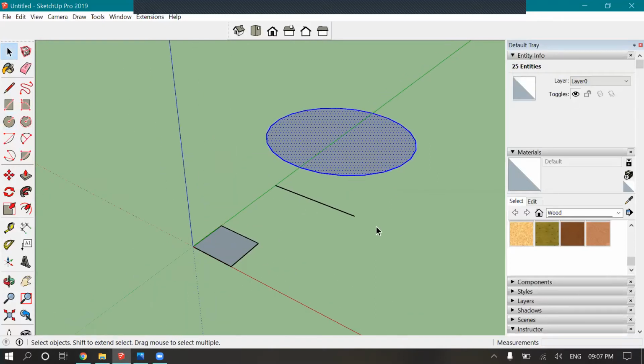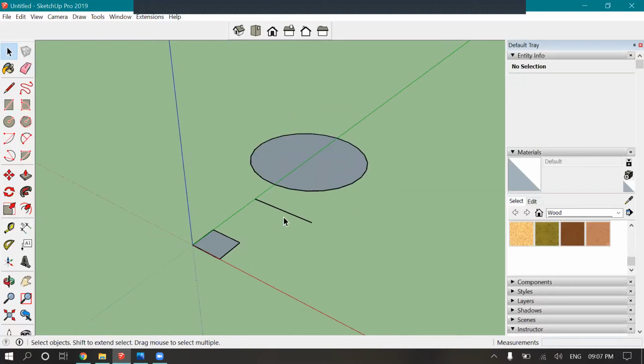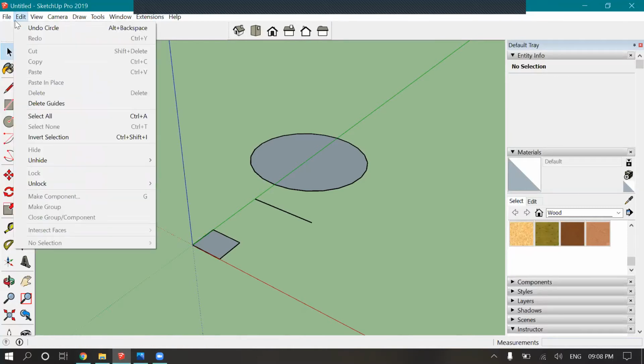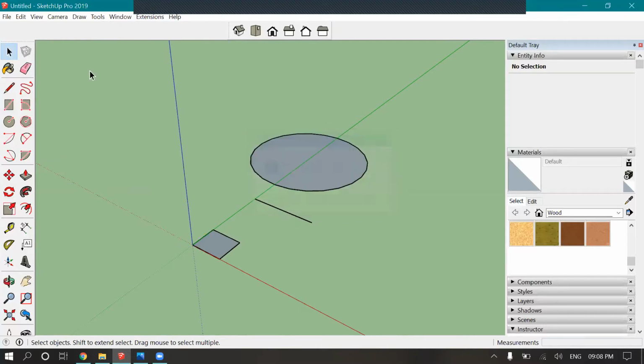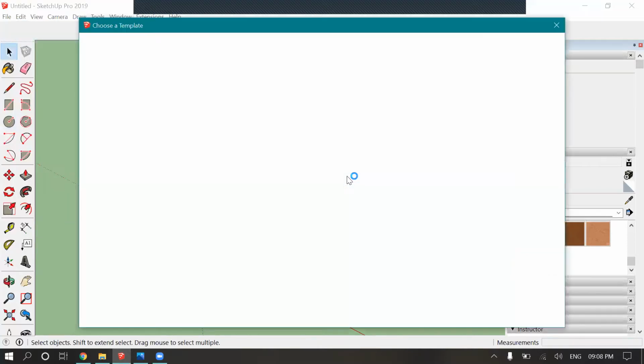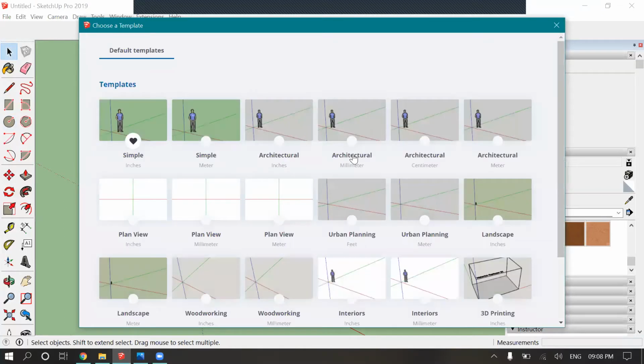Are the default units feet in this, or can we change that also? For changing that, once you have opened the SketchUp tab, in the beginning itself it will show whether you want to do it in inches or in meters. So you have to choose it over there.